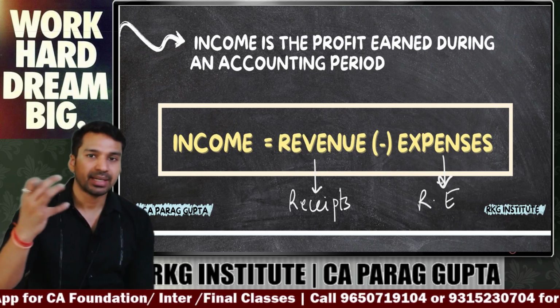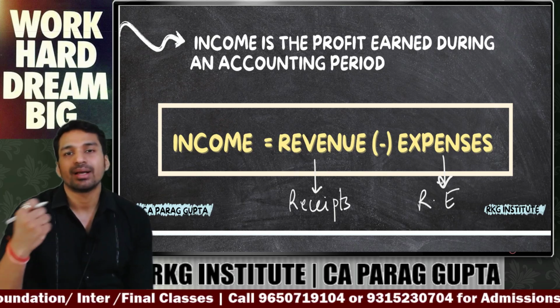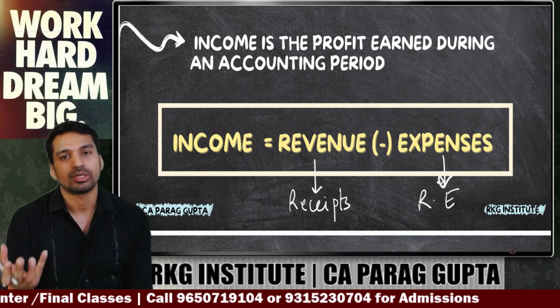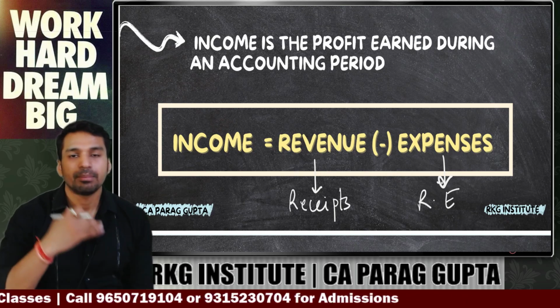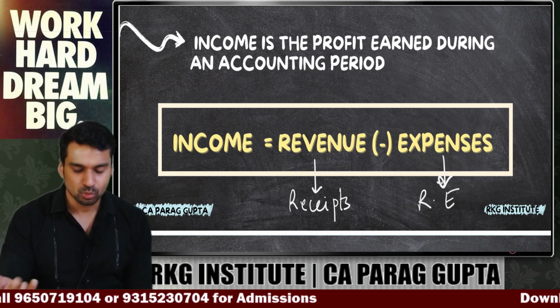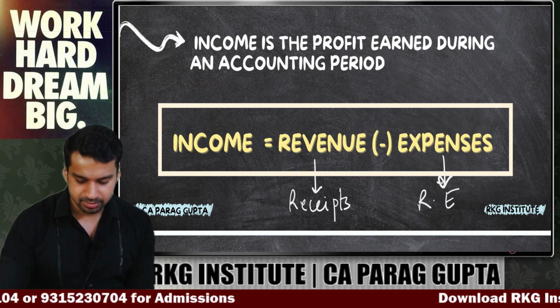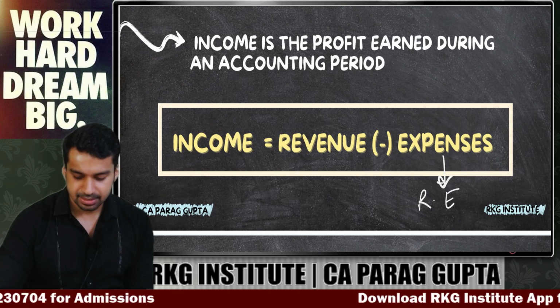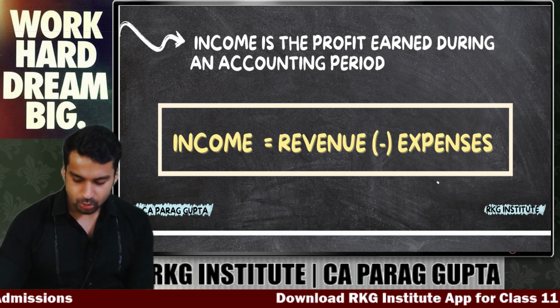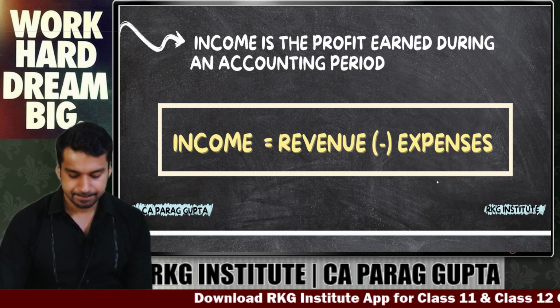So money coming in minus money going out. So what you will earn, what is your income? Inflows minus outflows. So very simple formula for income. Just remember revenue minus expense. Now income sometimes,